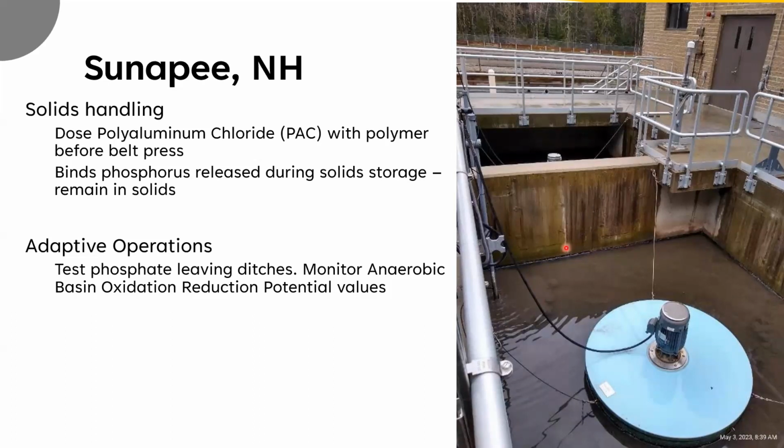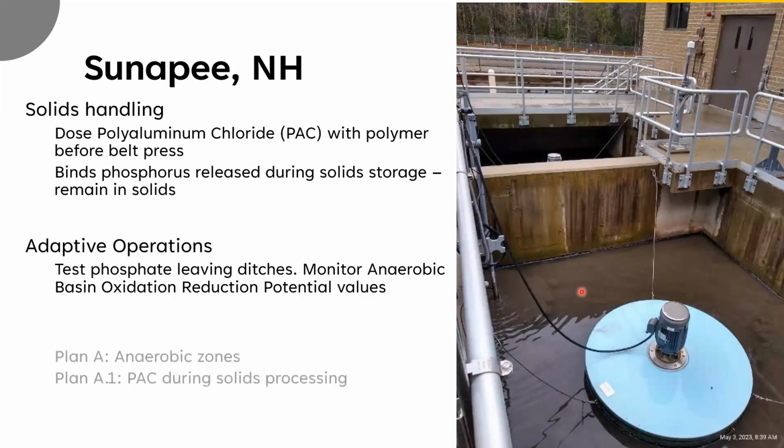So where my laser pointer is here, they're making sure it is the right environment in the first place to grow the VFAs, to have the VFAs consumed so that in the ditches back here, you have luxury phosphorus uptake occur. So they're monitoring if that luxury phosphorus uptake is occurring within the ditches themselves, and they're monitoring the environments where the BioP